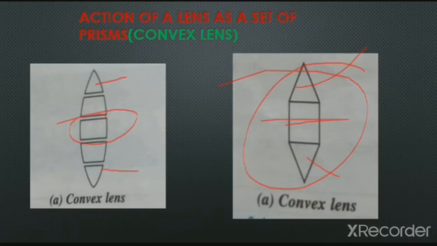Clear? So when it is asked to divide into three parts, you will draw this figure with the middle one as the glass block and the upper and the lower one as a prism, and then you will show the converging action of the light. In the board examination it is asked to show the converging action of a lens as a prism and a glass block by dividing it into three equal parts. Clear?